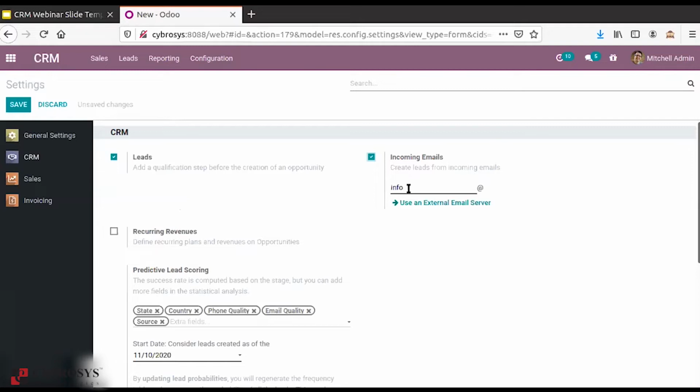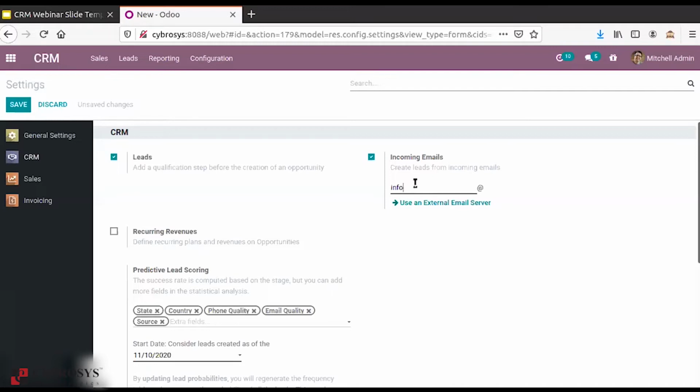We can use the company email to trigger the lead generation. So from here you can provide the email. Every mail which is sent to this mail ID would be automatically generated as a lead. For that purpose, we have this option called incoming mail. It is one of the lead generation methods. In Odoo, one of the techniques is through incoming mails.